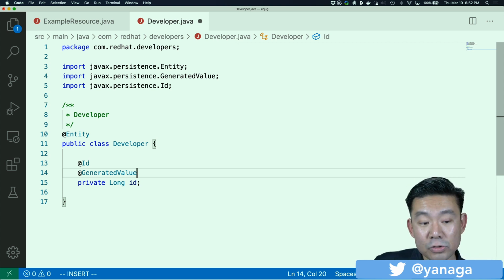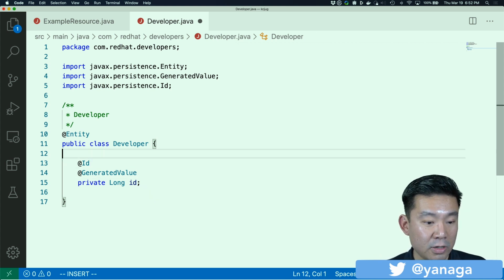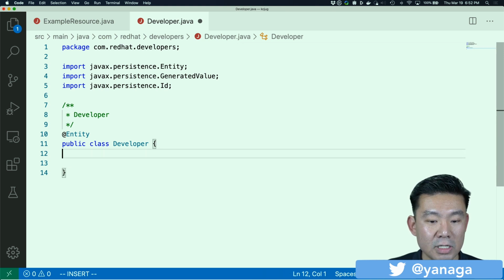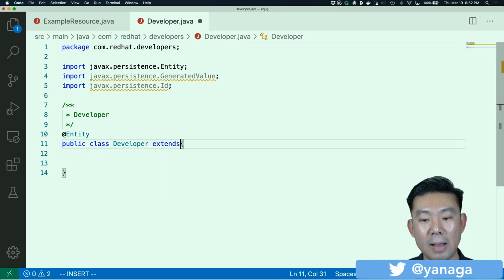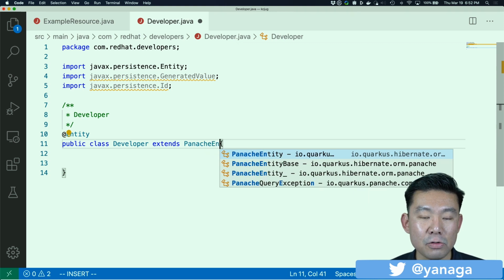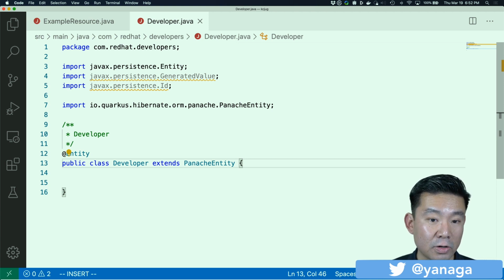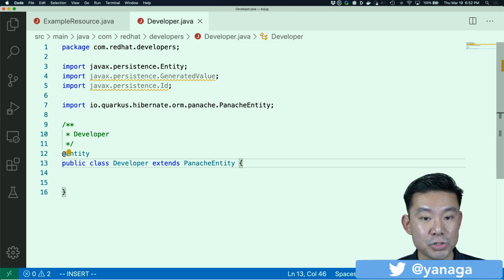I want to show a new opinionated way. Of course, the old way still works as usual, but since I want to show the new stuff, let's show Panache. Panache allows you to create active record entities. And what is active record? Traditionally in the software development world, we had two very popular persistence styles. You had repositories, which is the one that Java developers are most used to, and you also have the active record style.